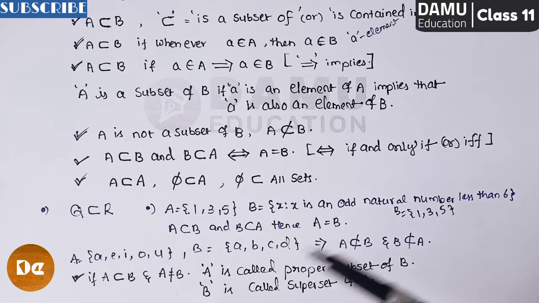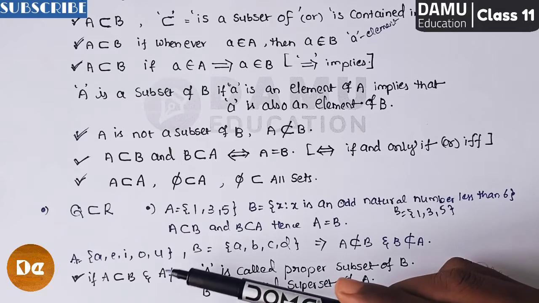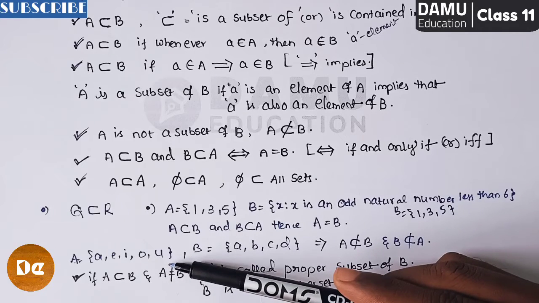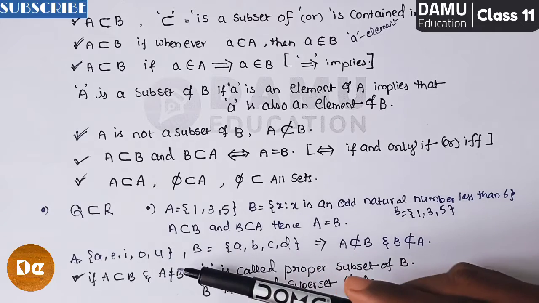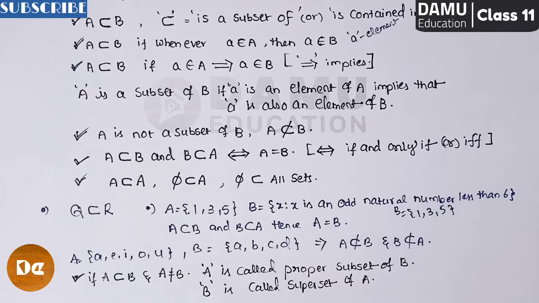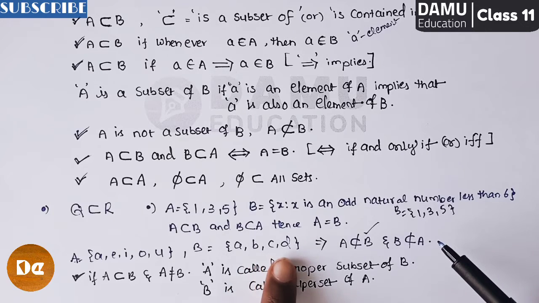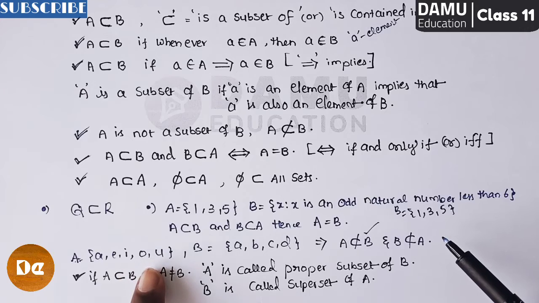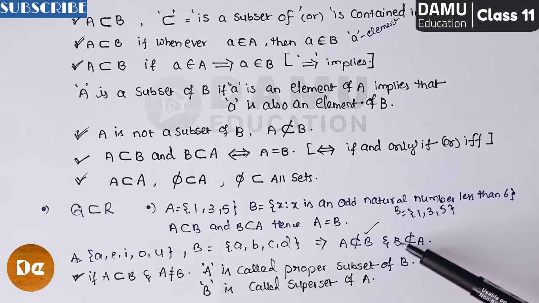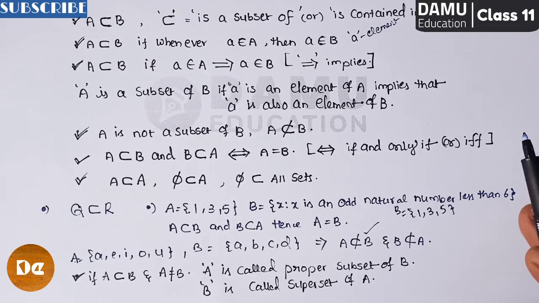They are telling that if you take A subset B, all the elements which are present in A are not present in B. So for that you can write A is not a subset of B. The elements B, C, D are there here, but there is no B, C, D in the other set, only A is there. So for that you can write B is not a subset of A.